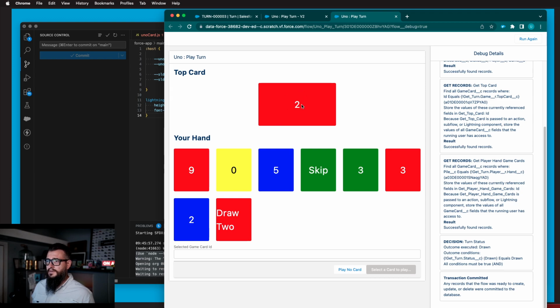But if your top card is a red 2, what can you play? You can play the red 9, the red draw 2, the red 3, the 2, and I think that's it. So it'd be kind of cool if we could gray out the cards that you can't play and take that as the next step. And then if we get time, we have one step further we could go, which is